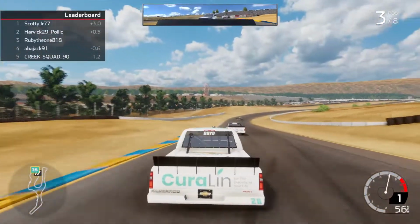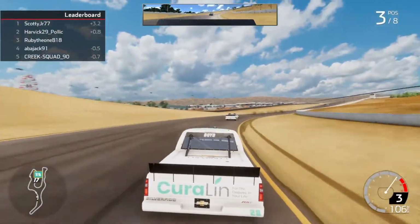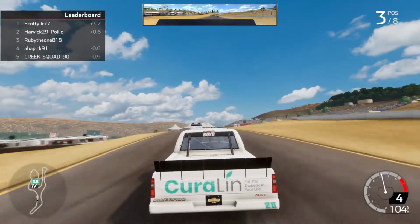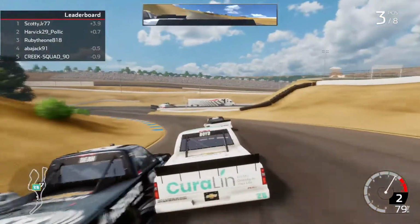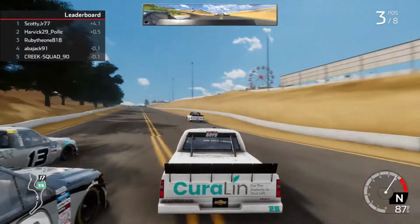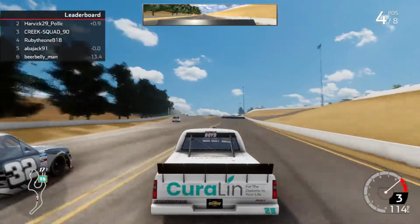And Harvick's getting some company coming on here. There is a battle from second to fifth. They're not too far from one another. And Harvick messes up a little bit. So does Ruby. Ruby messes up. They're going three wide on the straightaway. Here comes Creek and here comes